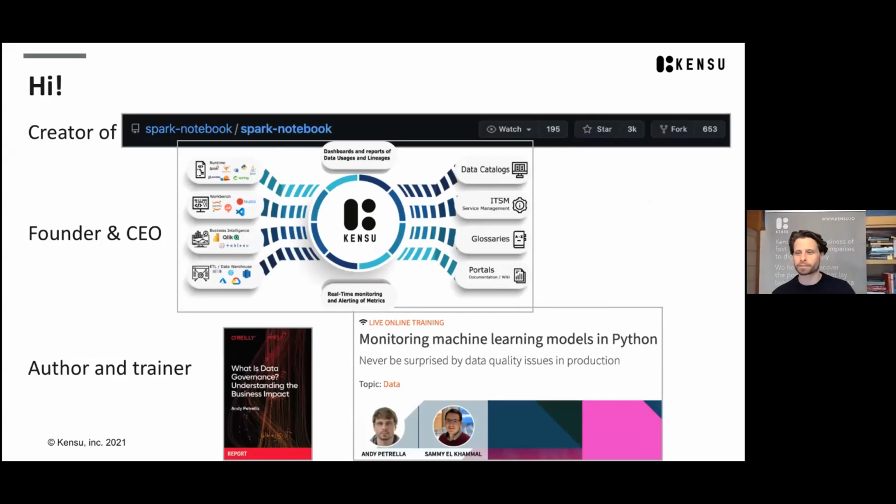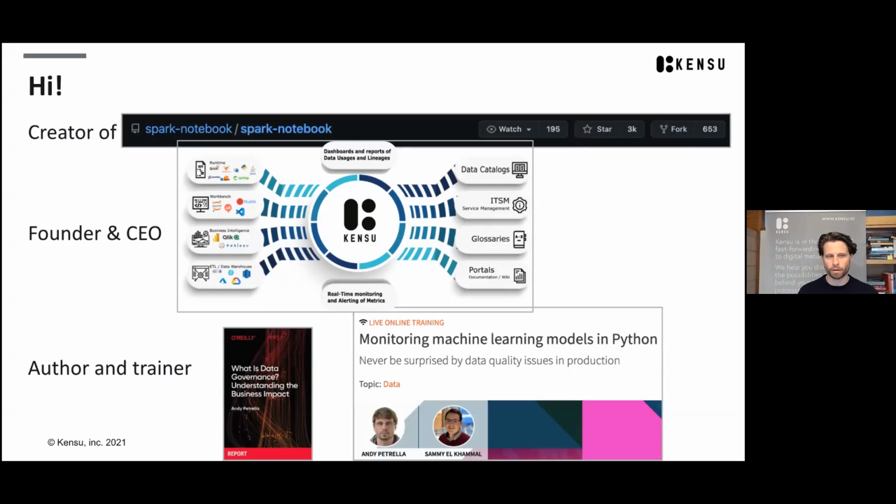About myself, I'm going to be very quick. I was the creator of the Spark notebook. Maybe people don't even remember it, but it was one of the first notebooks out there when I created it in 2012. It was dedicated to the Scala and Spark community. It was very popular because it was very early, so I had a lot of fun doing that. That put me in touch with a lot of very nice people, including Timothy. That was very great.